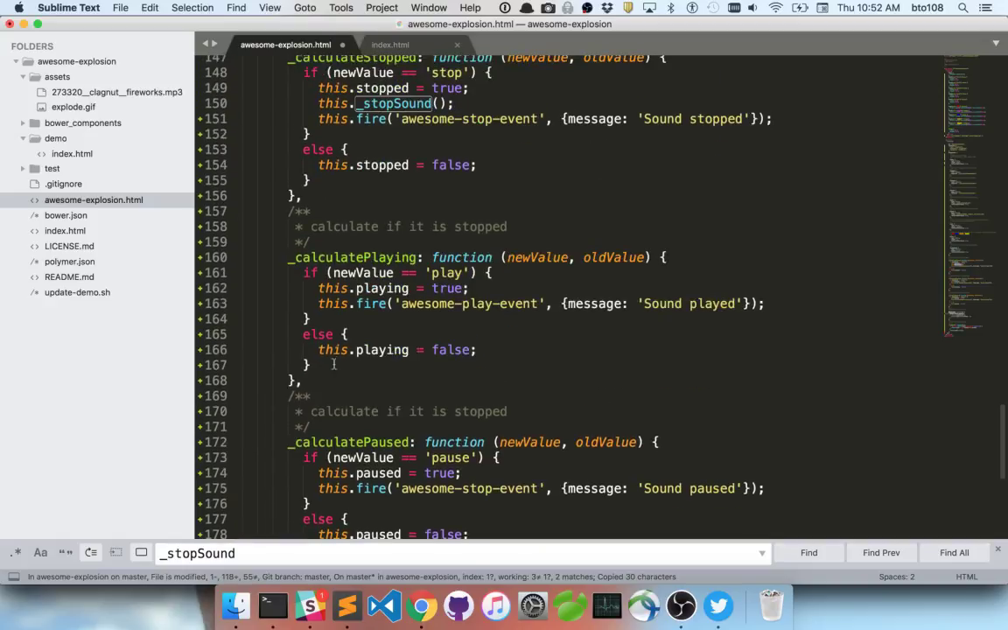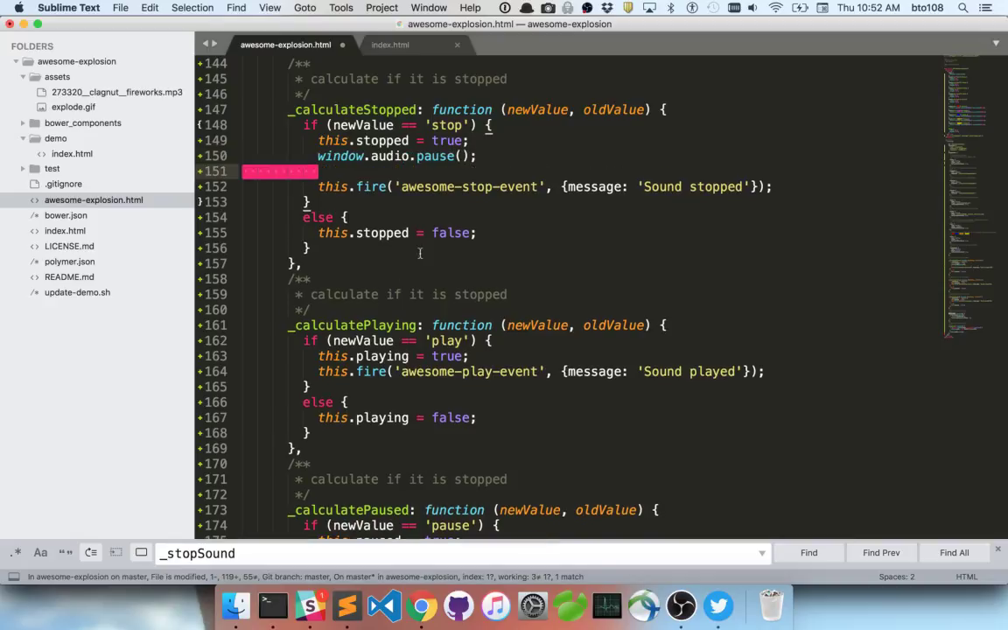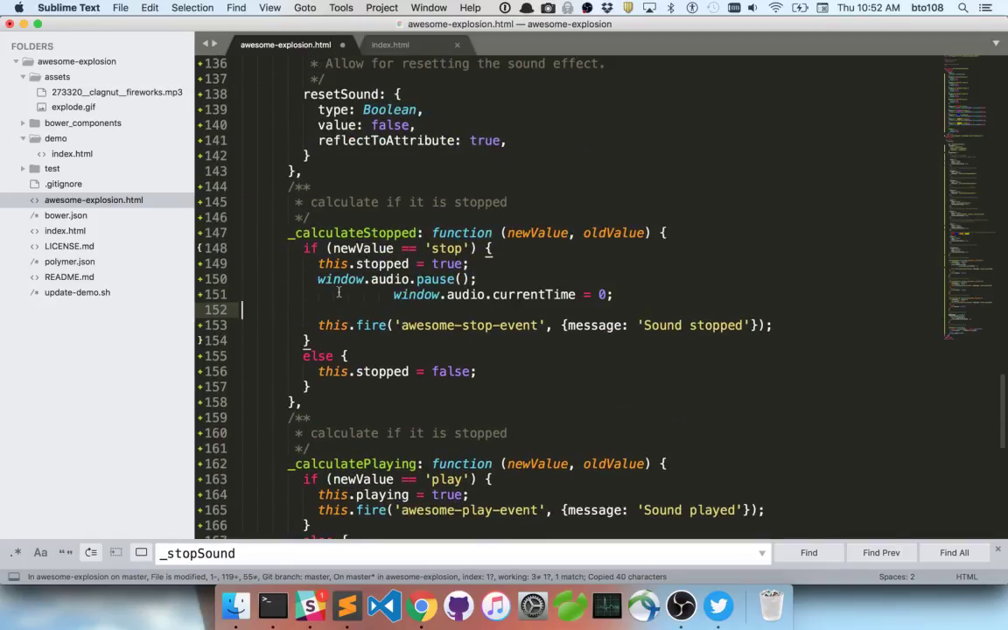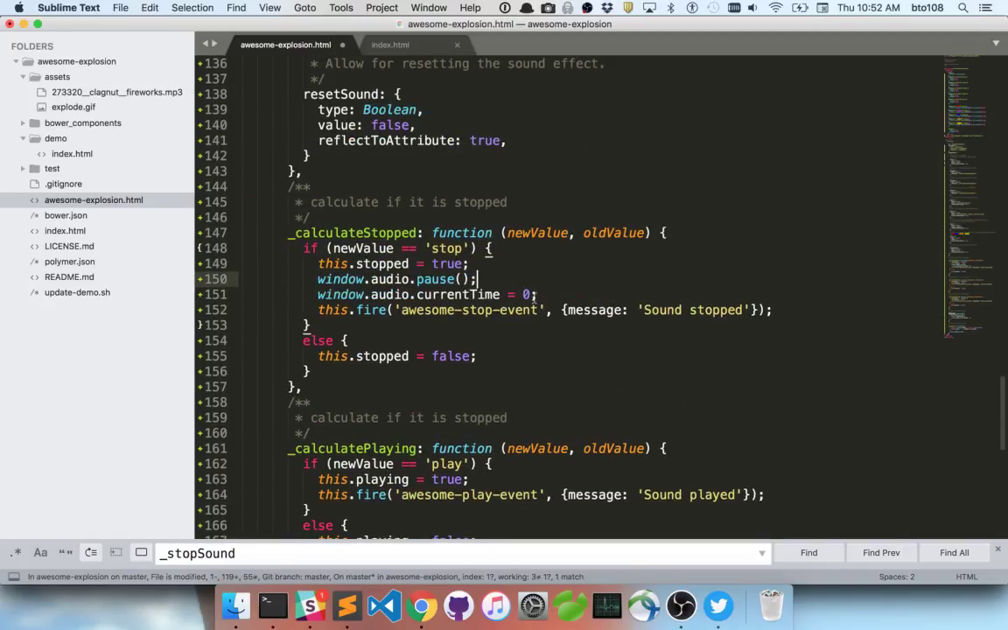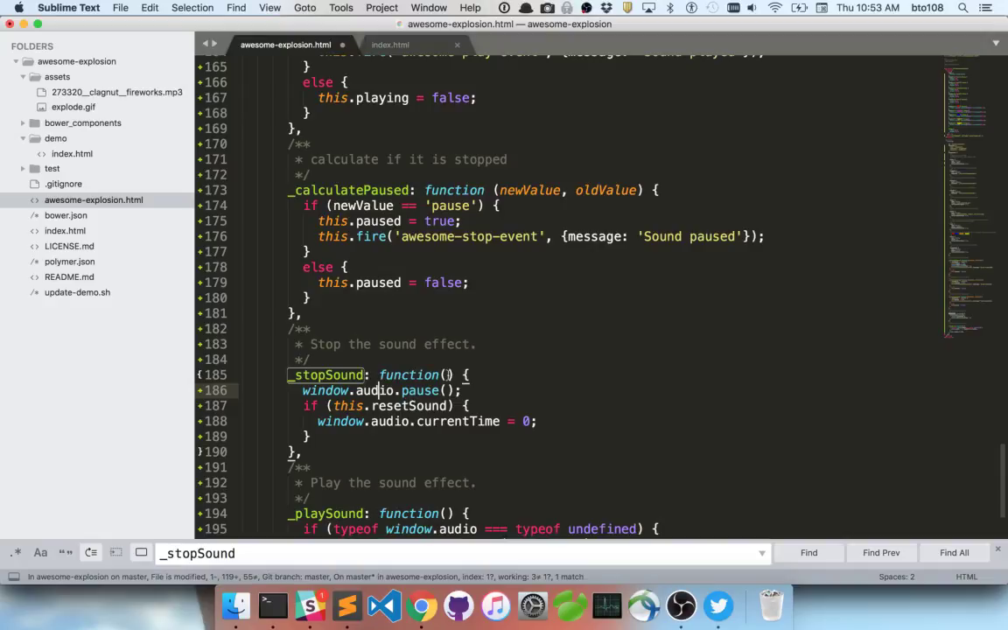So let's do in this case, because stopping we want to actually enforce that it goes back to 0. So if I hit stop, like if it was a stop button, I could do this .window.audio.pause, and then that is the equivalent of the reset sound, right? Now, I could copy that here, or I could create another way to accomplish that. So I could do stop sound, and then